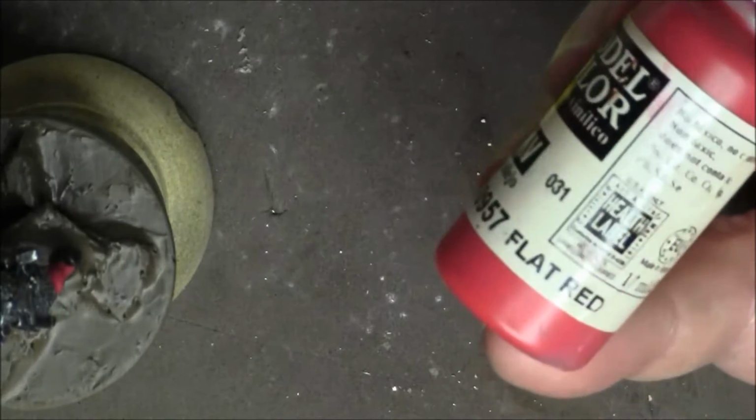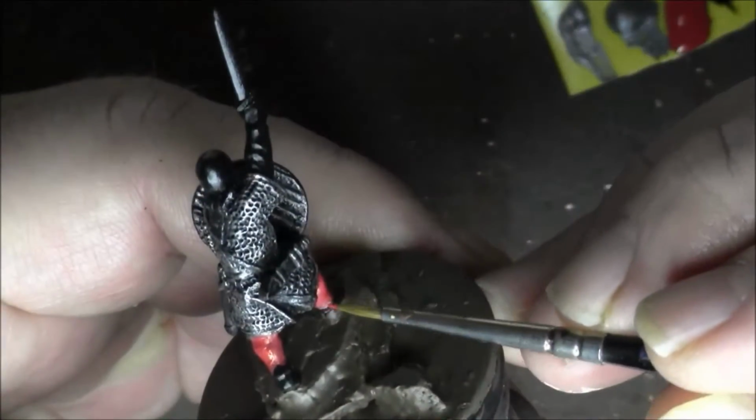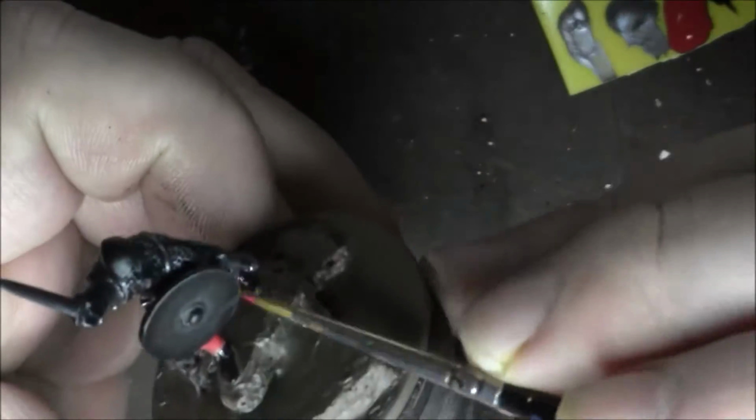Next, use Vallejo flat red for the second coat of paint on the stockings. I'm going pretty much complete coverage here because there's no real muscle definition or anything in the legs. So pretty much complete coverage. Just leave a little bit of the DACA red, the first coat of paint, exposed at the top and bottom